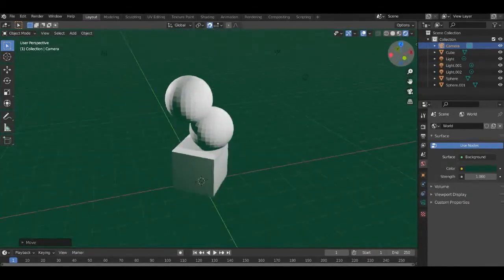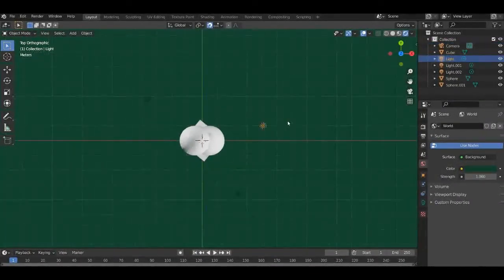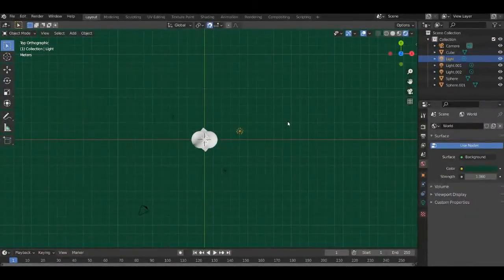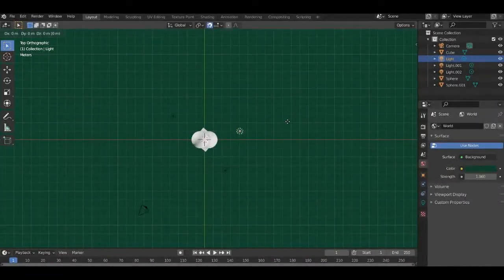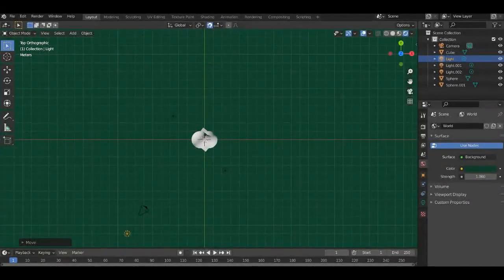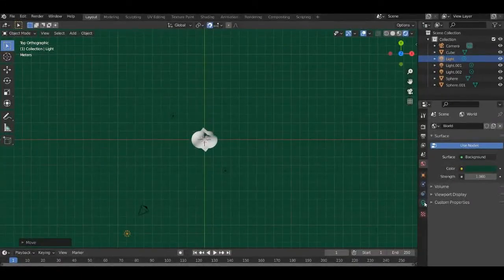So if we move around the lights now with this green colouring on, we want one to have a large impact but behind the camera. So I'm going to press G and then Shift Z so it can move anywhere but the Z axis, and that's what we want to use. So I'm going to click it there. And once we put it behind the camera, we can click on